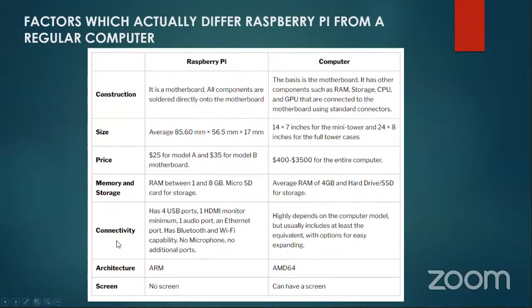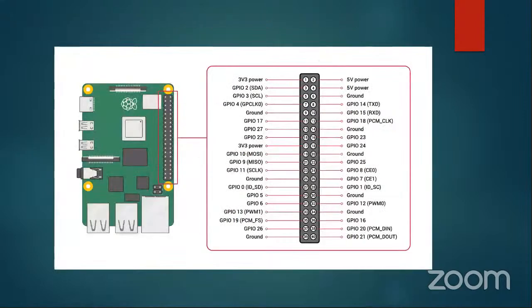And then when it comes to architecture, it's based on Advanced RISC Machine, but a computer is based on AMD64, AMD32. And the Raspberry Pi won't come with a screen; we have to buy one. For a computer it is possible to have a screen. For example, a laptop is also a computer and it can have a screen. That is what they are mentioning. That's fine. And then here you can see this is the Raspberry Pi. Let's go with the quick